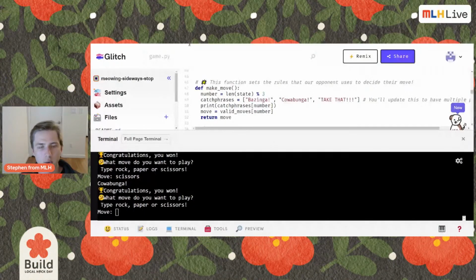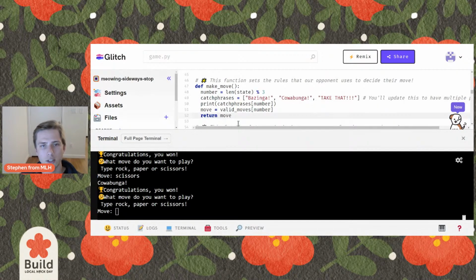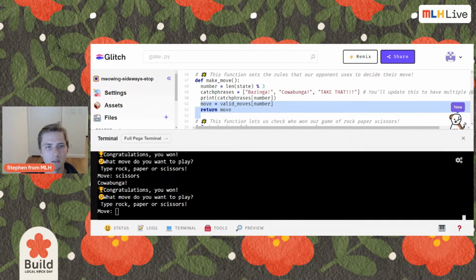So I'll show you exactly where to go to do this. And the way we need to do it is by accessing this make move function. But there's going to be a slightly different part of the code that we'll edit. We're not going to edit the catchphrase lines. We're going to edit the lines involving the move, which are these last two. We comment out the move,